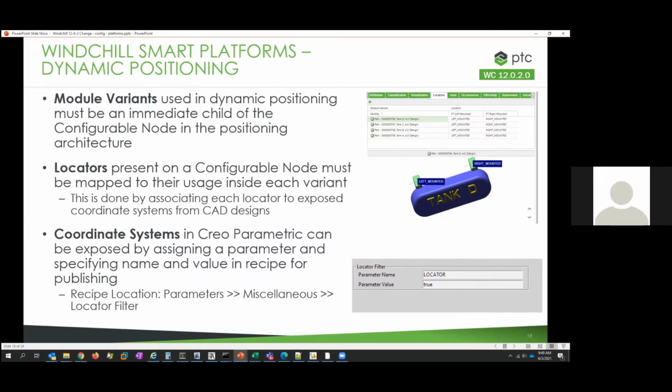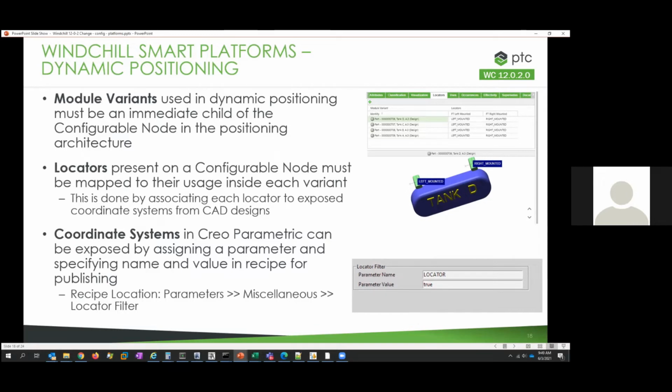And in order to expose these coordinate systems that are used by the positioning architecture, we need to expose that during the publishing process of that data, and we select what coordinate systems are of interest by providing a parameter name that has been assigned on the coordinate system in CAD and the value to filter out what they are. So in this case, all you need is a parameter on the coordinate system in Creo. And when we see that parameter on the coordinate system, we'll expose it to Windchill